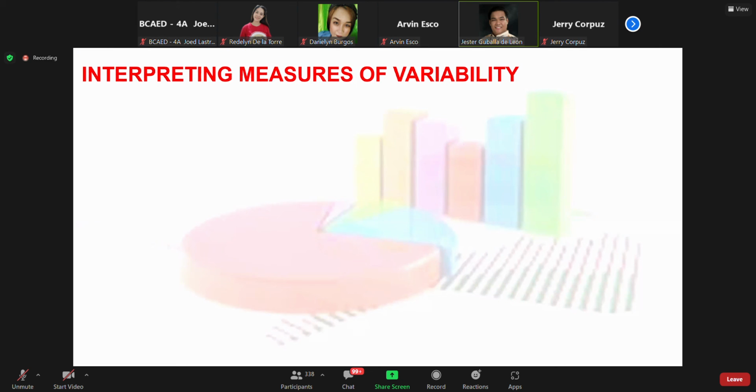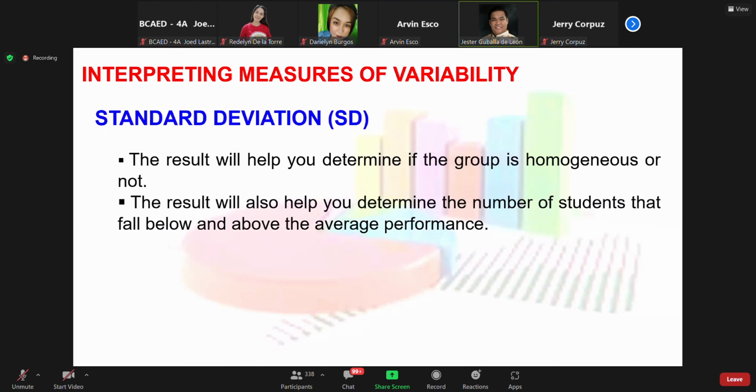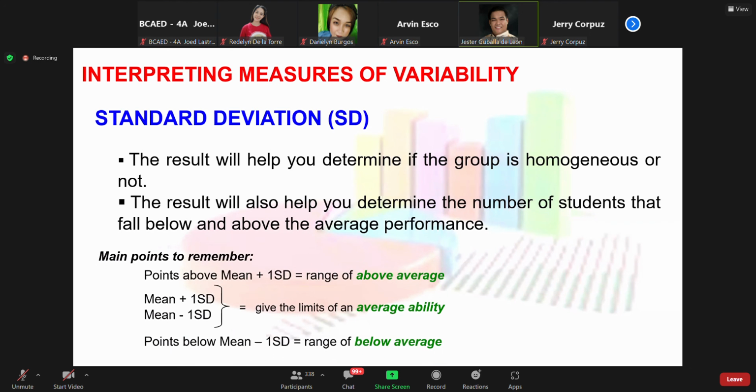So now we do interpreting measures of variability. So we have the standard deviation or the SD. The result will help you determine if the group is homogeneous or not. The result will also help you determine the number of students that fall below and above the average performance. So for example, main point to remember, points above mean plus 1 SD is equal to the range of above